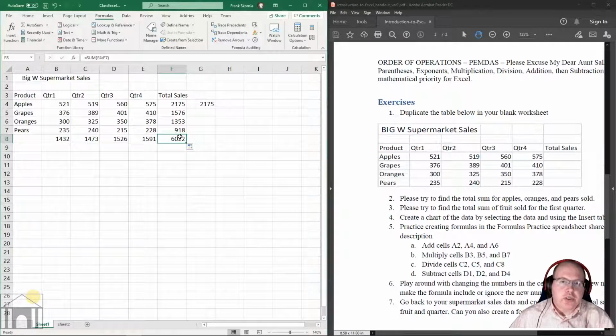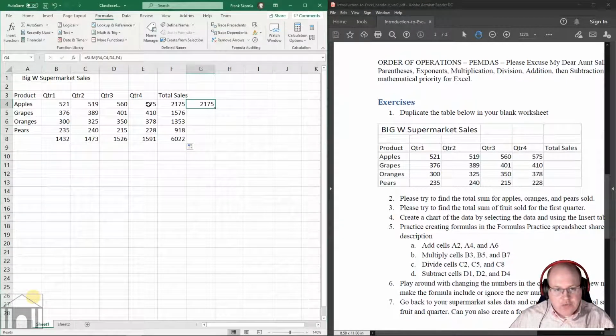This also works with rows. So remember over here, I wrote this 2175 here using B4, C4, D4, E4. I didn't do the range like I did before, but I still have all the things in the for row. If I drag this green box down,